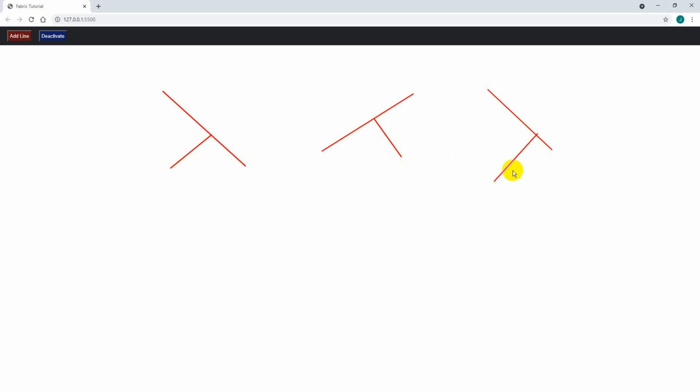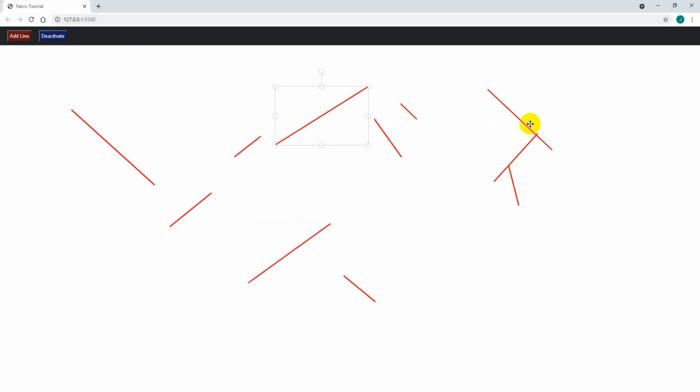The newly created lines also cannot be selected, and the previously created lines also cannot be selected. All the lines cannot be selected. And if I want to deactivate, I press this and I can select any of the lines over here.